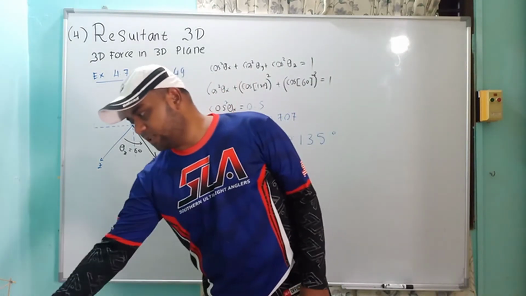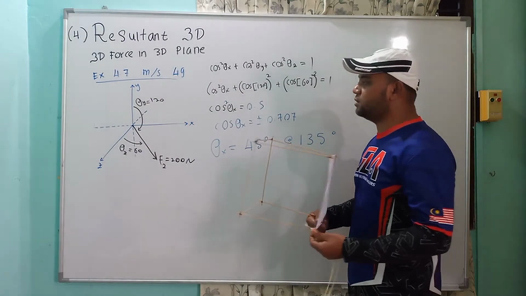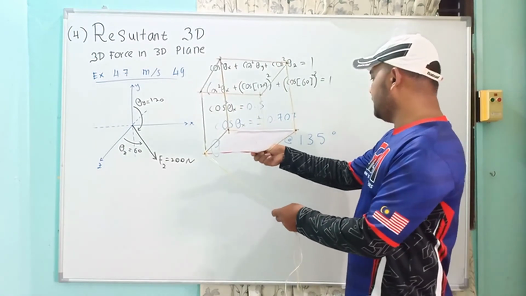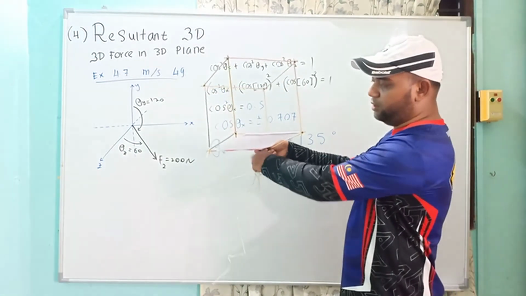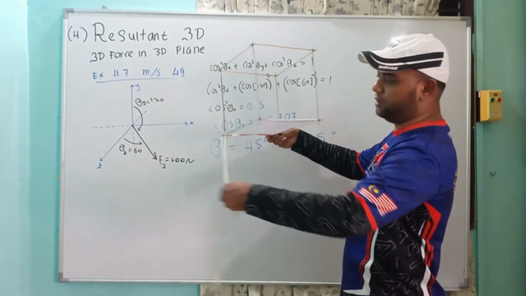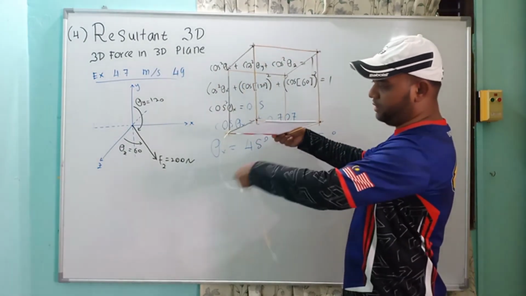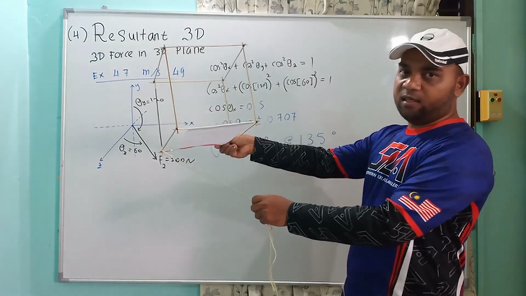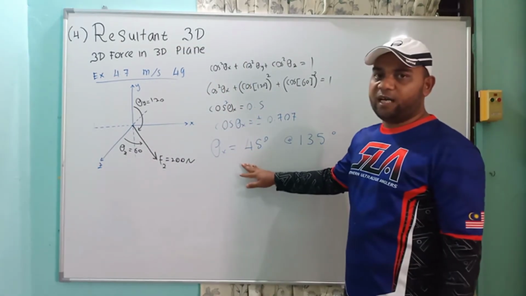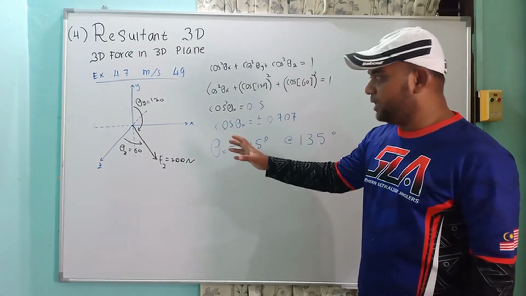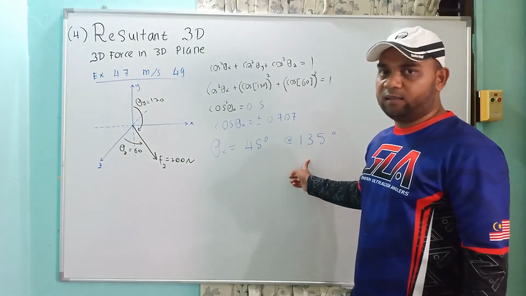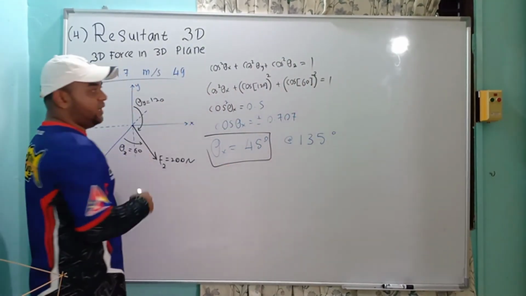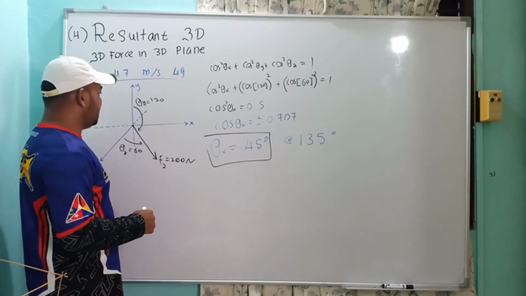From these two options, you have to choose the correct one depending on the figure. The force is down here. If the angle were 135, it would have to go in that direction, because 90 is from here to there and more than that would be 135. In this question it is only here, so logically it will be 45 degrees. So you have to look at the figure to choose which one is correct. So theta x equals 45 degrees.